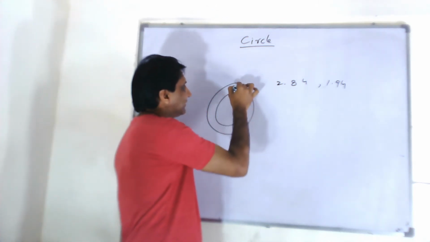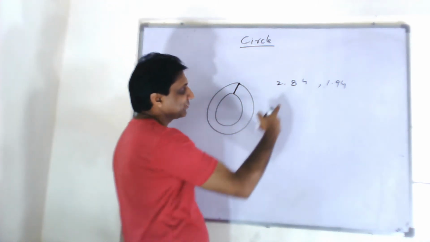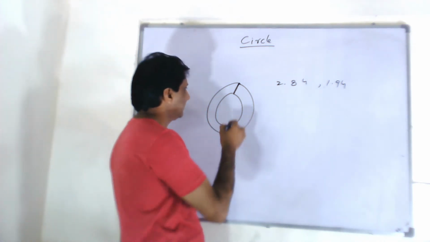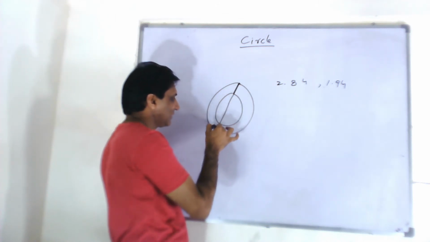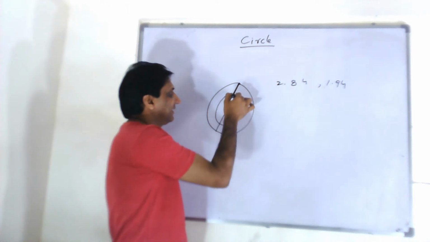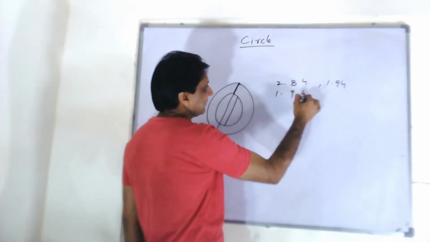We need to find this thickness. If you subtract the inner diameter from the outer diameter,